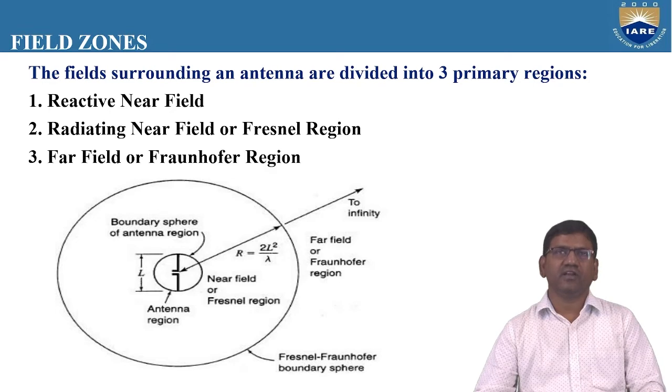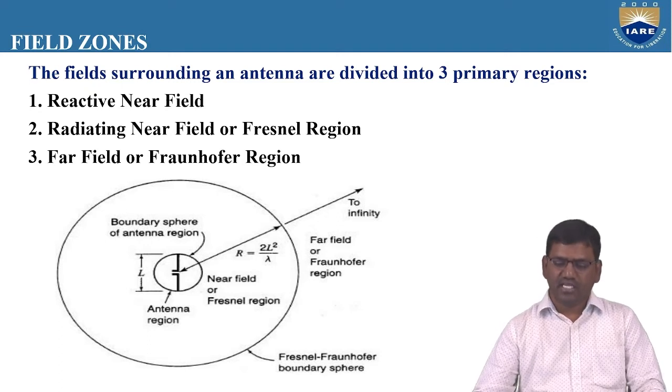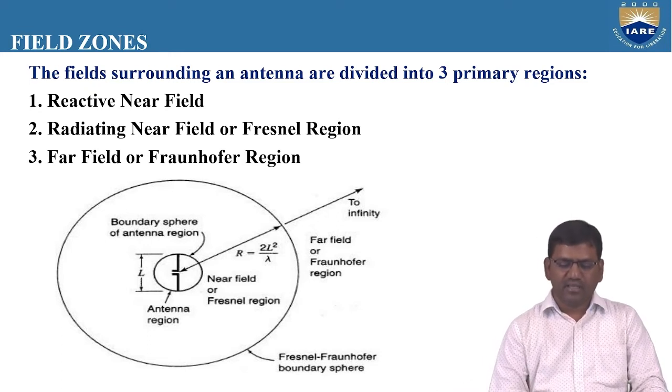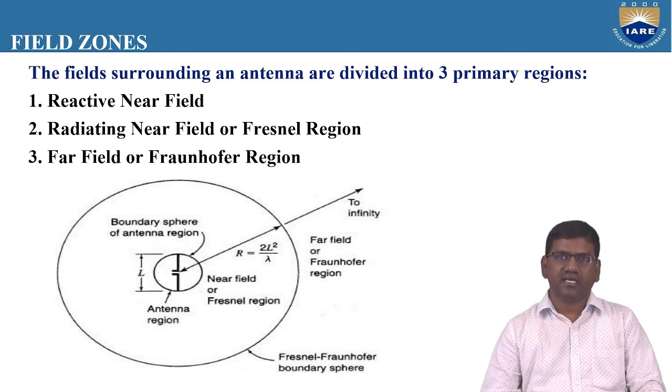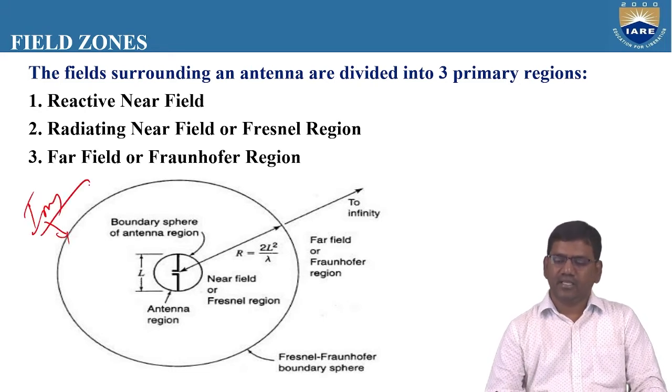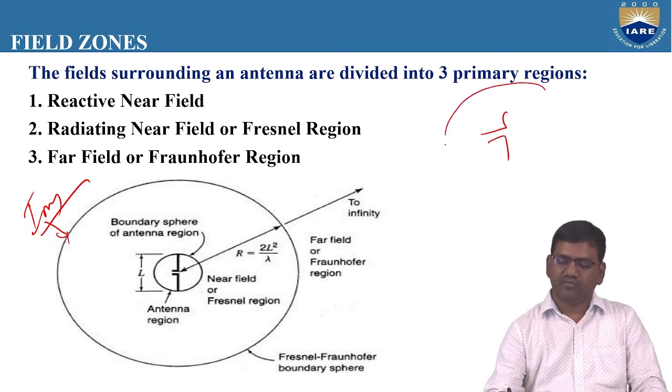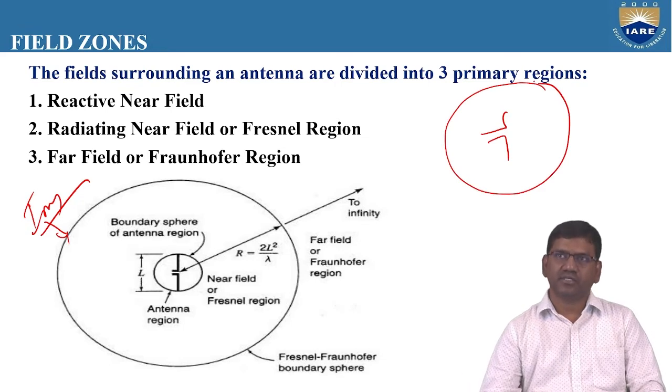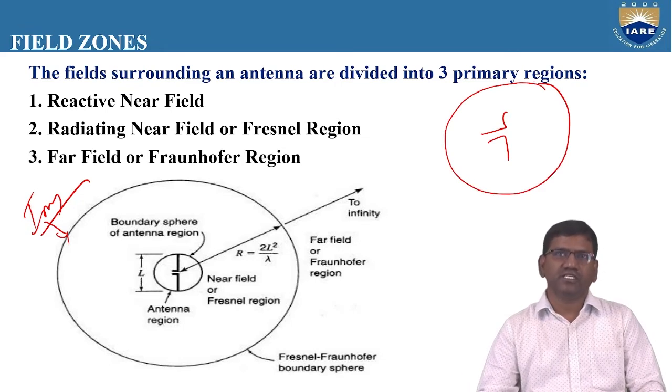The first one we can simply call near field. The second one is radiating near field. And the third one is far field. The far field can also be named the Fraunhofer region. As we have seen in the display, here an antenna is exactly located at the center of a sphere. Let us assume this is an imaginary sphere. Let us assume this antenna is located exactly at the center of an observation circle. So we need to know where the radiation pattern is exactly.